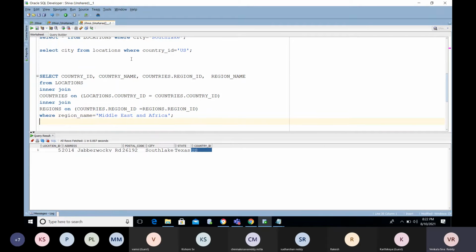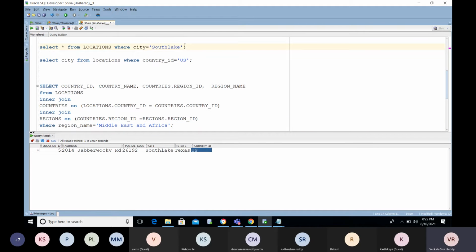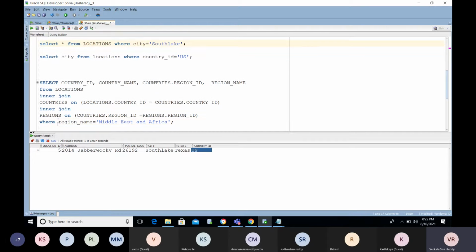Okay, now see here. What we required here: we need the region for the city equal to South Lake. So we need the region name for this city equal to South Lake. This South Lake is related to which country, which region? I need to find that out.